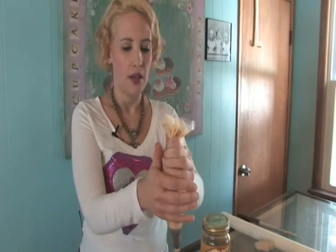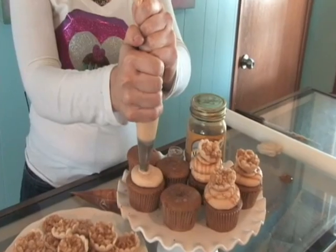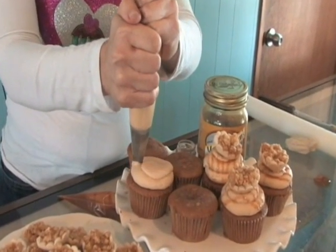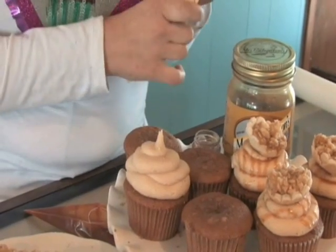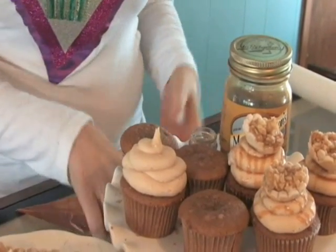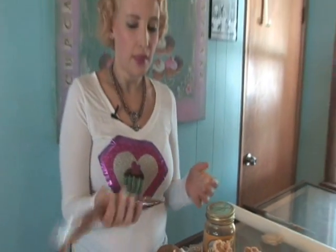So what I do is I take my salted caramel frosting after I made it and I put it in a piping bag with a large round tip, and I pipe it and swirl it onto the cupcake starting in the center. So that's the first thing I do, I pipe my frosting on the top, and I take another disposable piping bag and I fill it with that ready-made caramel that I also used in my frosting,